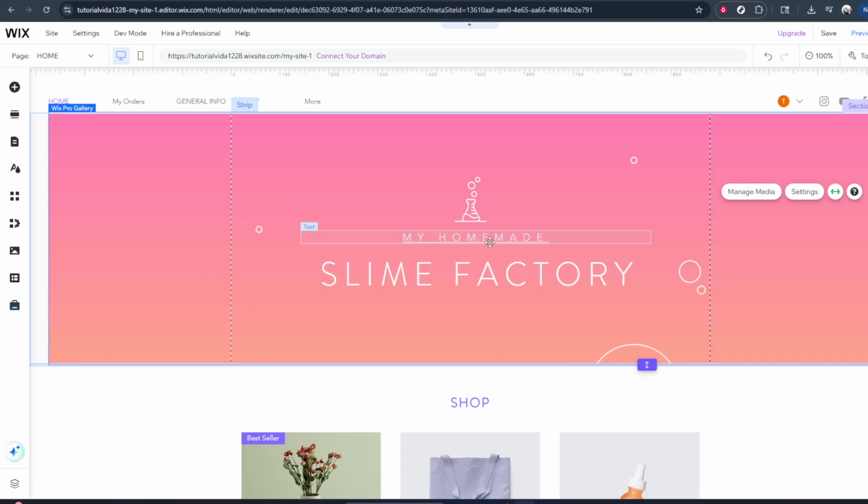When you're satisfied with the new color, click outside the text box to finish editing. Don't forget to save